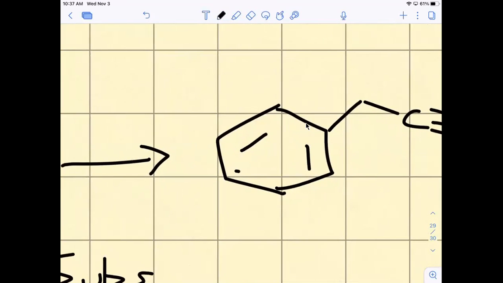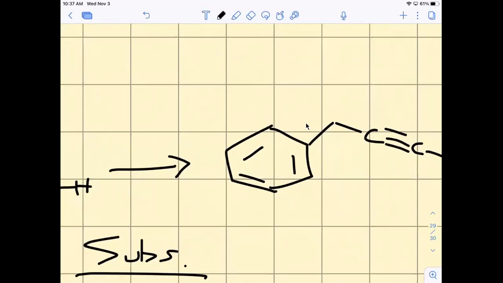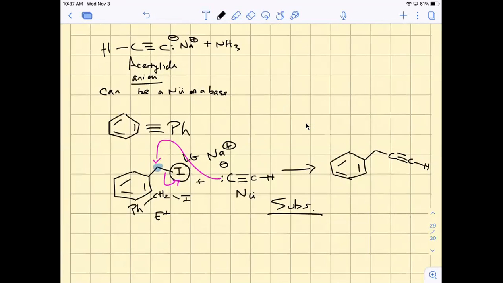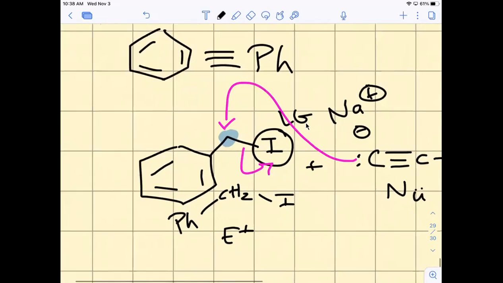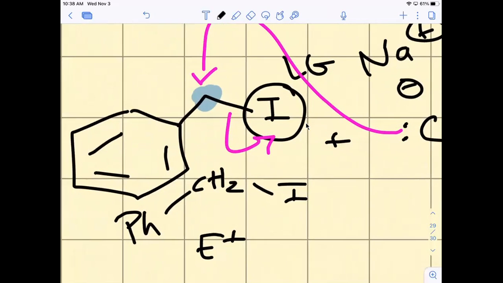But it's an SN2 substitution. This is a great example of how everything we learned up to this point culminates and comes together, right? We're talking about nucleophiles and electrophiles, leaving groups, substitution, acid-base chemistry and proton transfer. All of that is coming together in this one example. And we're talking about the types of carbons: primary, secondary, tertiary. So this is a primary carbon,